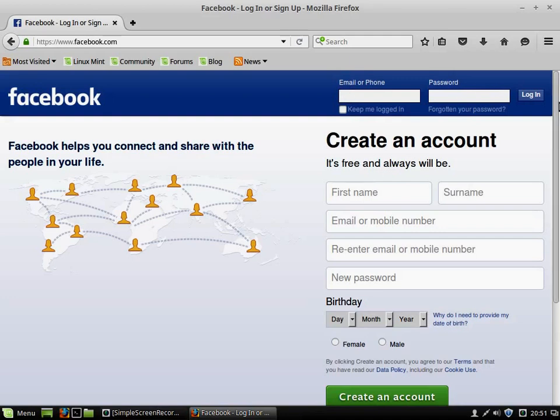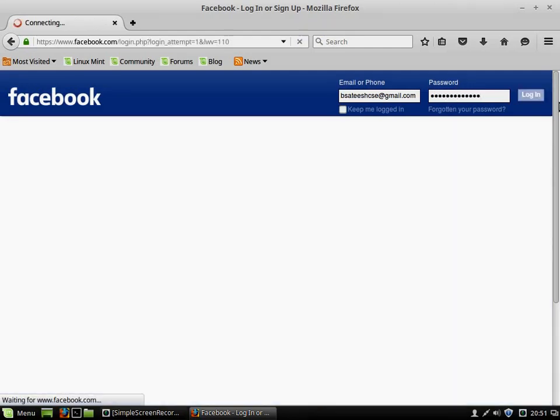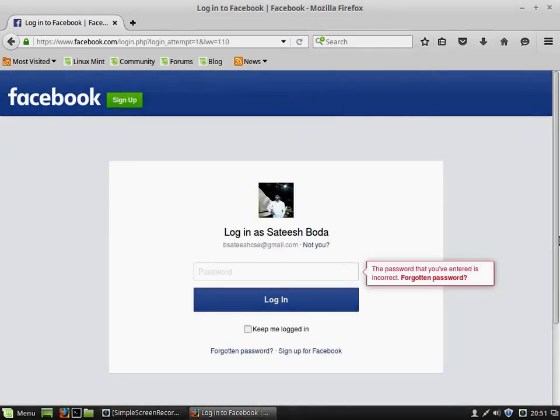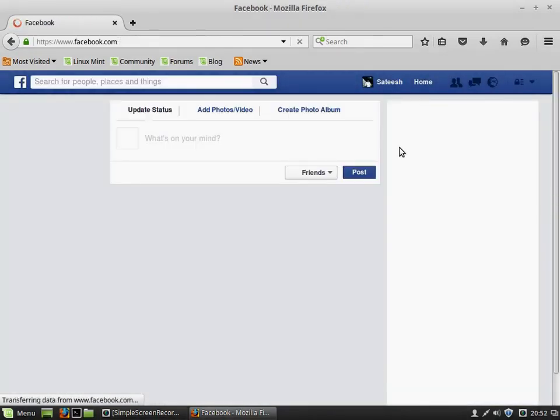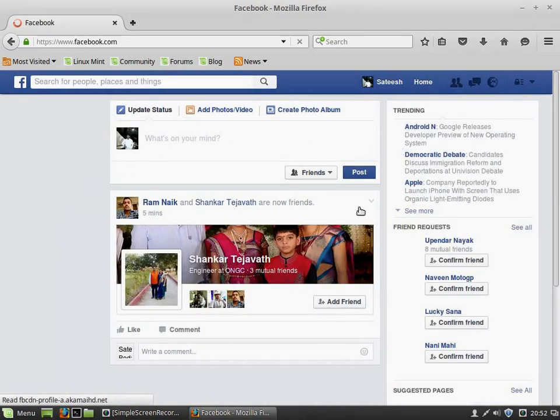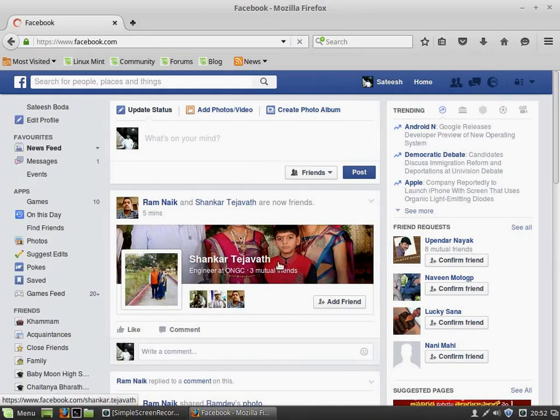But now see what happens when I try to log into the account. I am providing the username and password. When I logged into the account, you can see this page. In this page, the content is not static. The content changes minute by minute. So this is not a static page.